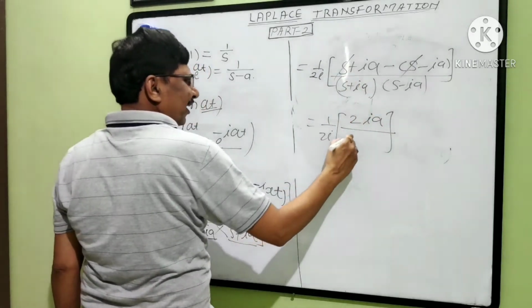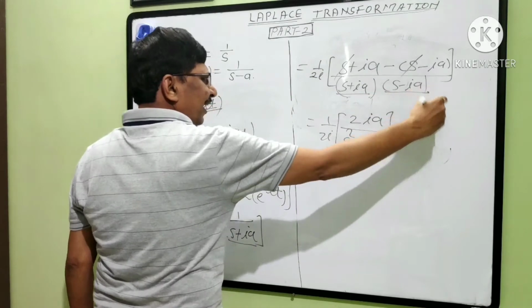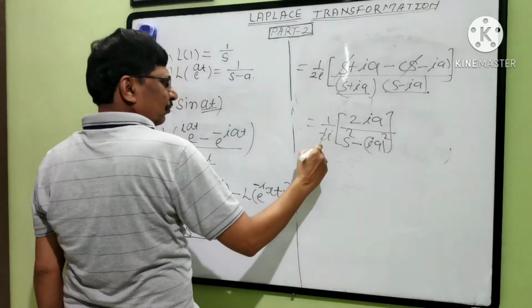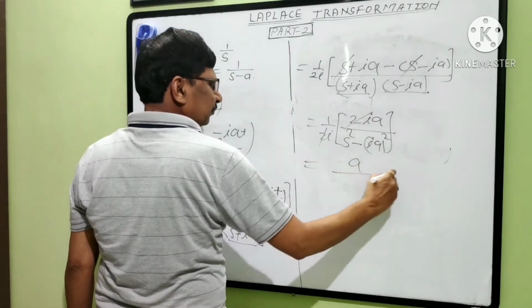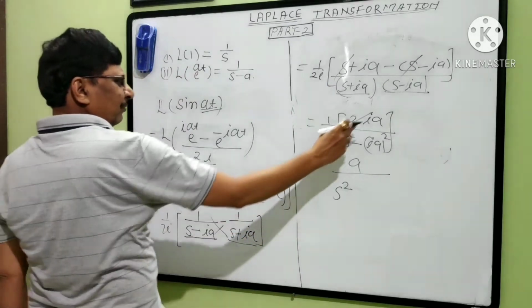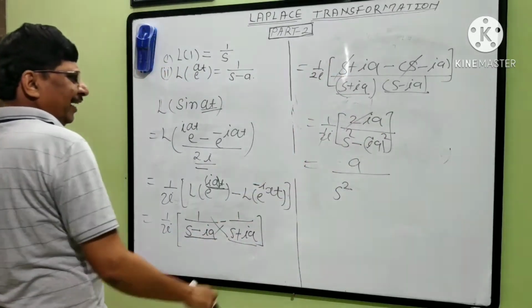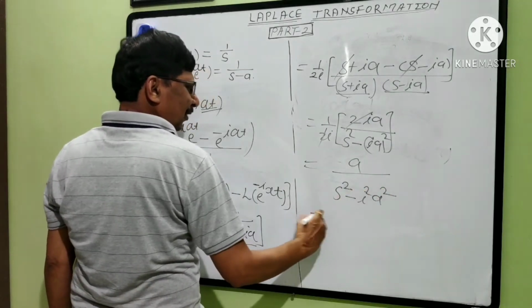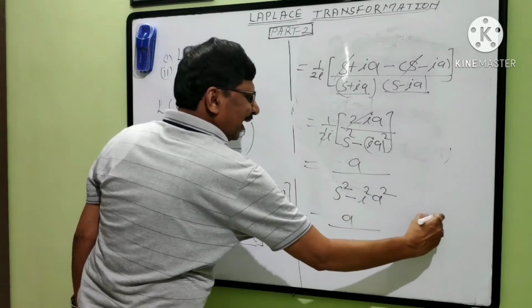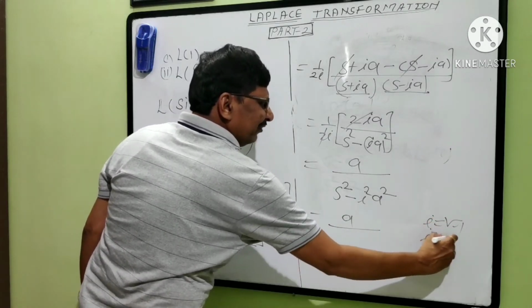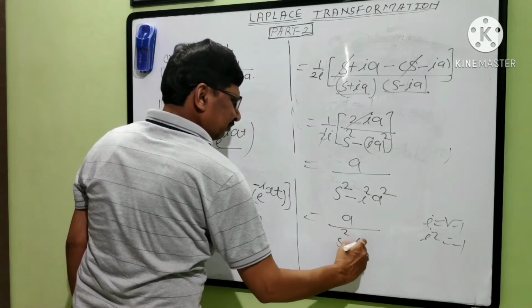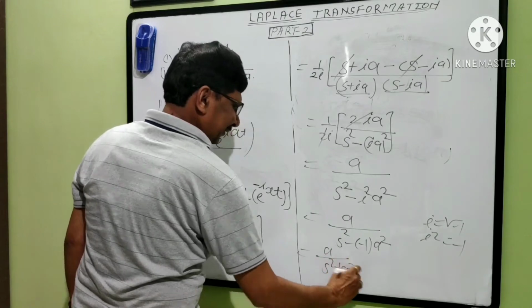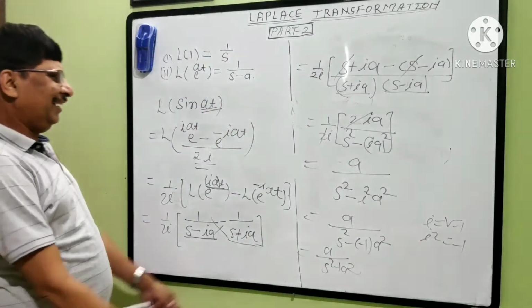S plus I means s square minus x minus y, x plus y, multiplication x square minus y square, that is I whole square. 2i will get cancelled. S square will be in the denominator, in the numerator there is a, and in the denominator s square minus I square a square. But what about I square? I is imaginary, I is under root minus 1, I square is minus 1, that is s square minus minus into a square, and therefore it is a upon s square plus a square. That is the Laplace transformation of sine at.